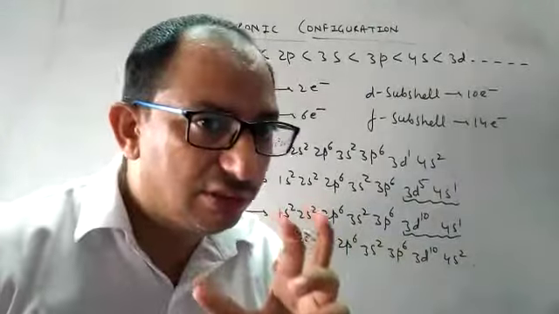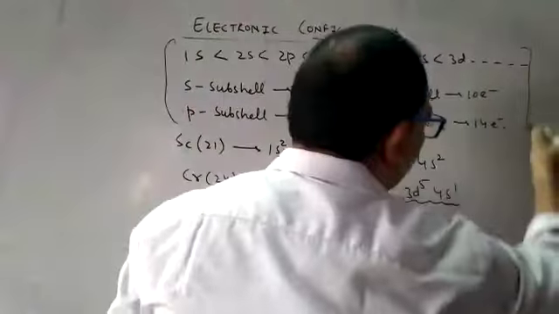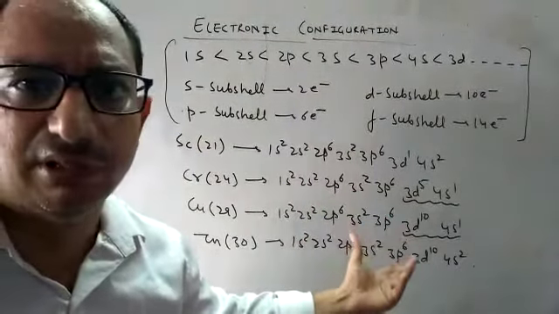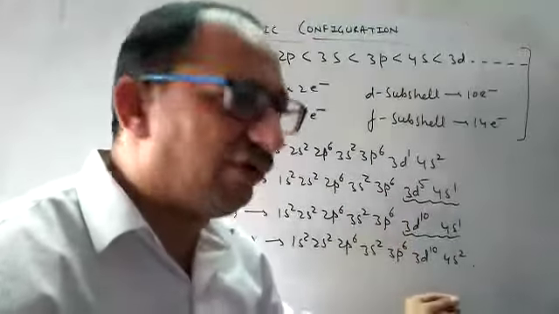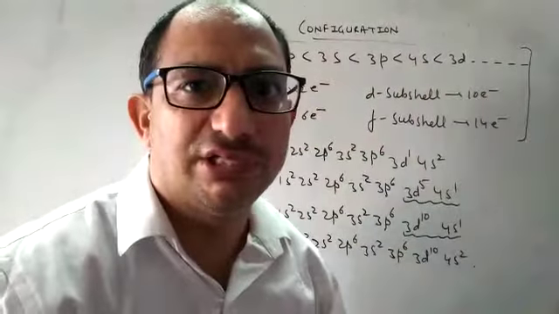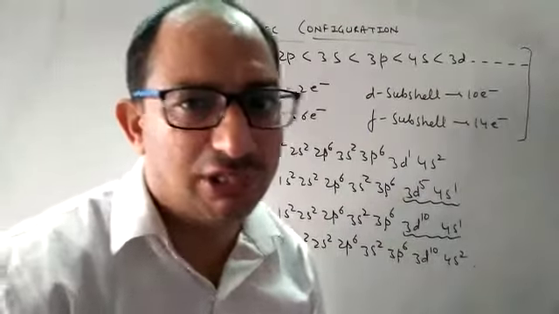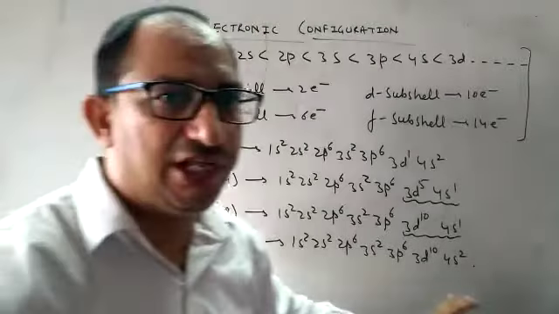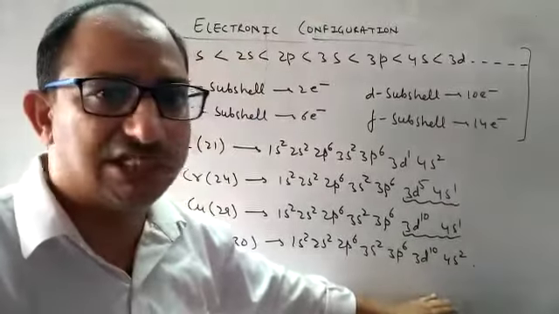So I stress only two points. If we have these two things in mind, electronic configuration is very simple. If there is no problem in writing the electronic configuration, you can write the configuration up to any atomic number by following this sequence. Still, we have up to 30 in class 11th and 12th. So this is the configuration up to 30. We will study the exceptional behavior in a later class. Let's finish this class here.